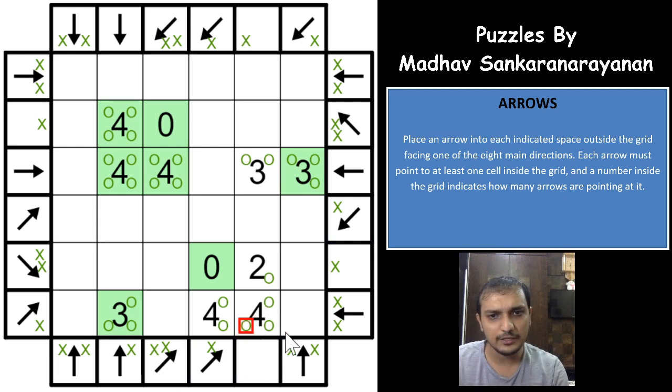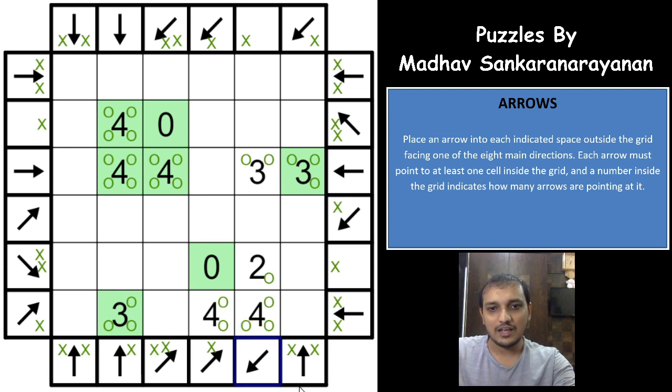Now again if you see, you have exactly 2 cells remaining for this 4. Awesome logic, guys. Exactly 2 cells remaining for this 4. One cell, and this is the second cell. There is no other cell that can point towards this 4, which means that you'll have an arrow this way for this 4 and an arrow this way for this 4. So you have exactly 4 cells pointing towards the 4, and that completes this 4. And now for this 4, you'll have the top cell that will point towards the 4, not the bottom one.